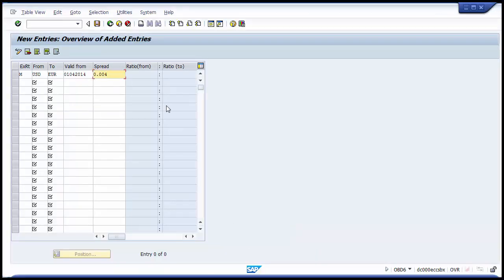As we maintain the spread, this spread is used for calculating the buying currency rate and the selling currency rate from the average currency rate which will be maintained for this. As said in the example, this particular spread 0.004 will be subtracted from the average rate so as to get the buying rate, and on the other side it will be added to the average rate so as to get the selling rate of the currency,